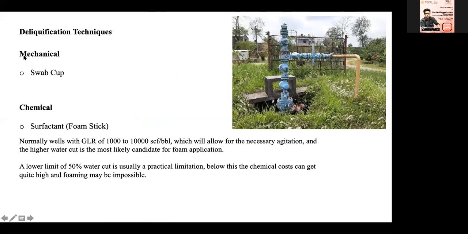And the second technique is the mechanical type, which is the swab cup. This swab cup is basically like a bucket. If you have a water well and the level is very deep, you are lowering your bucket with some wire, right? Similar to that, you are lowering your swab cup using the wireline tool. First, you need to determine the liquid level, and then based on the liquid level and how much liquid you need to unload using the swab cup, you will also choose the wireline diameter, the wire diameter,